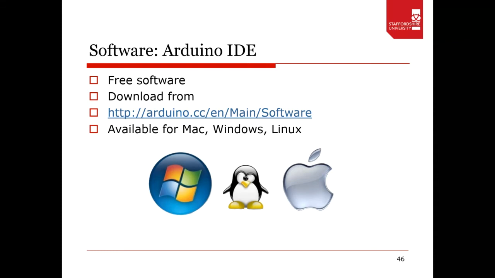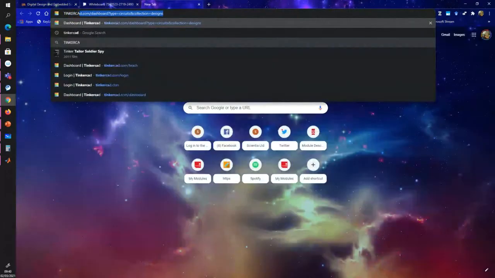Talking about Tinkercad, I haven't mentioned it on this slide, but I would suggest getting a Tinkercad account. I'm going to go to it now. So if we go to Tinkercad,